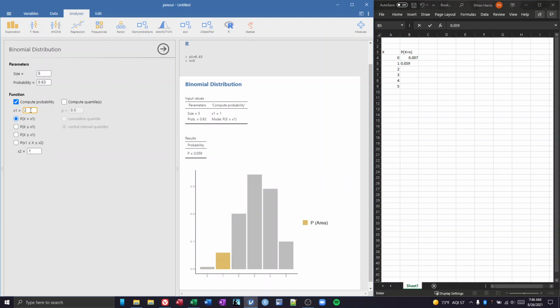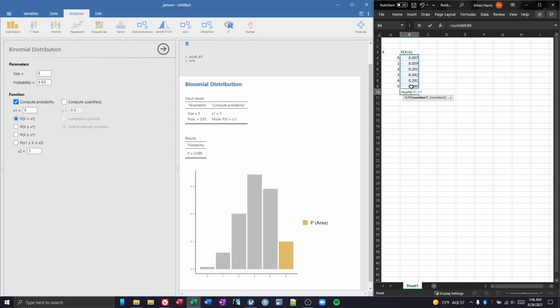We can go to 2, hit enter, and we've got 0.201, go to 3, 0.342, 4, 0.291. And if you notice, it's highlighting on the graph where we're at. And let's do one more, 5. And we've got 0.099. Now, to see if we did this right, we can do equals sum, add all of